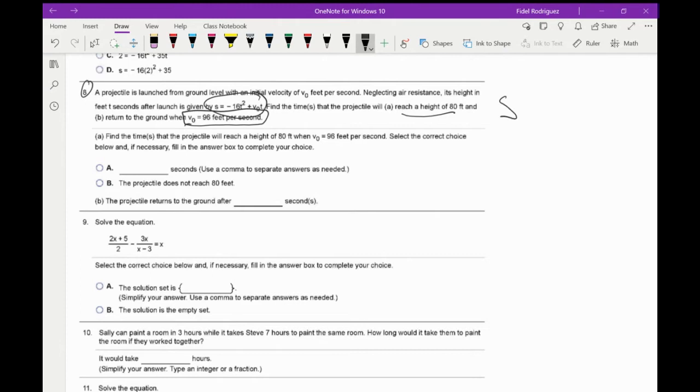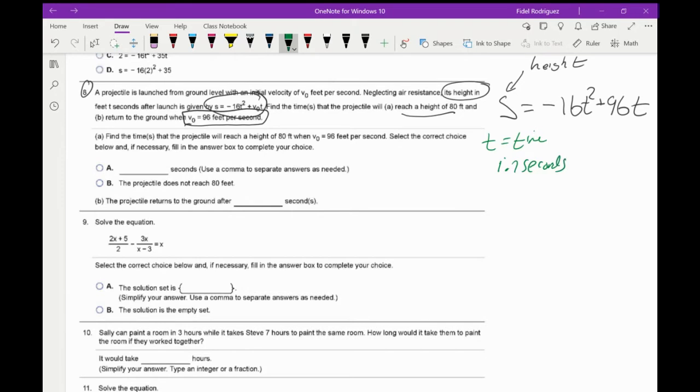So the first thing I'm going to do, y'all, is write the equation that they gave us. That's negative 16t squared. For v0, notice they gave me the number 96, so that's 96t. As I'm doing this problem, the one thing I want to mention is, I don't know why they use the letter S, but that letter S refers to the height, and the t is my time